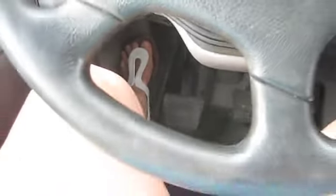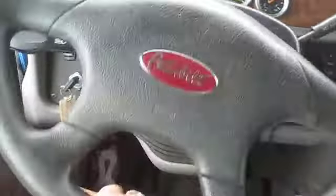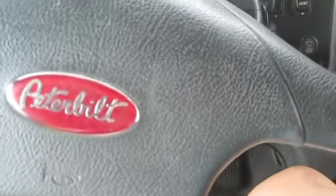Okay, excellent. Okay, that adjusts the steering wheel. It goes up and down, or in and out. Okay, and